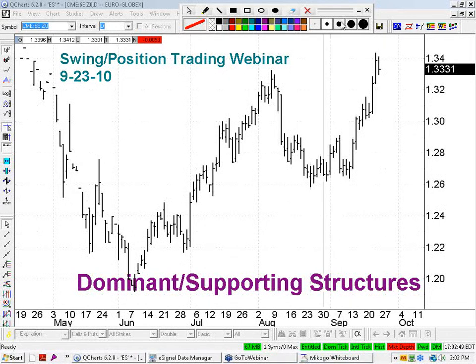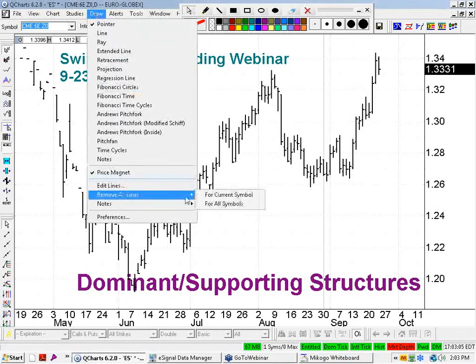Today we'll look at a couple of markets that we've been following, and we're going to compare what came of them from the perspective of how the dominant and the supporting structures are giving us clues one way or the other. Here is the December